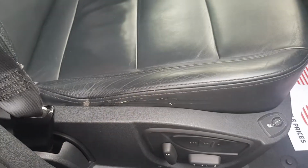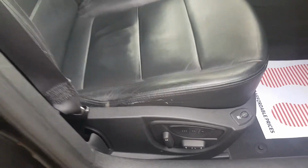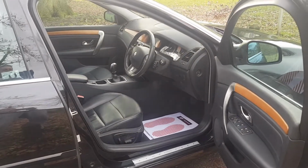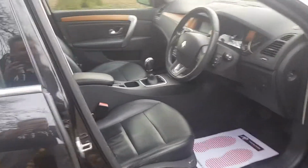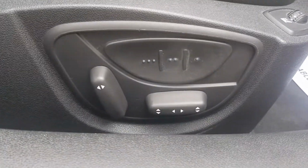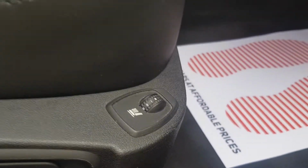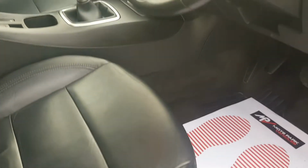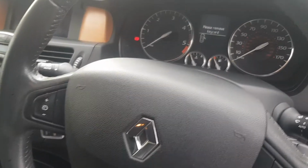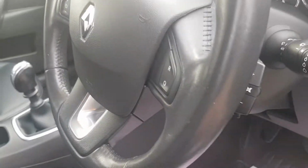Okay, now the reason why we're showing you all this is if I took a photograph back here, the chances are you wouldn't pick any of that up. We're just showing you exactly. So you've got your electric seats for the driver's side with memory, heated seats, as I mentioned, front and rear parking sensors. You've got cruise control, speed limiter, you've got all your controls on the steering wheel, you've got lots here around the back,